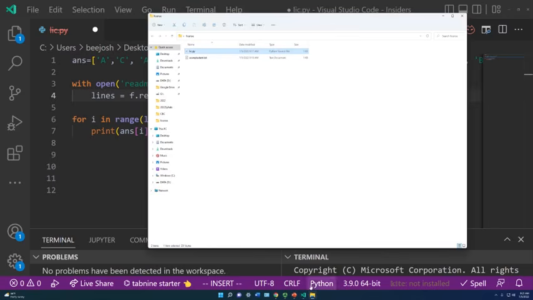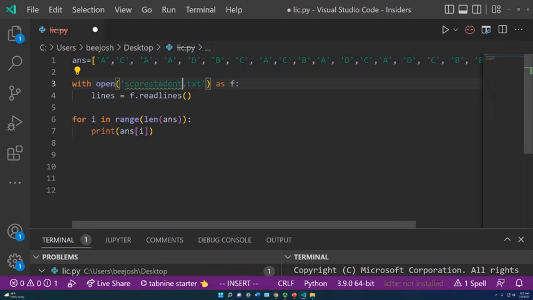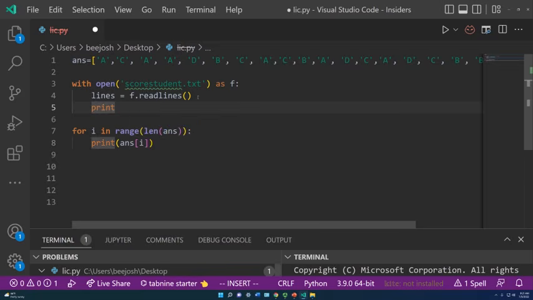And notice that my score student.txt is in the same folder. So open score student.txt as f, and f is our file pointer. So we use that to represent the file to read the lines from the file. And then I can do something like print lines. But it's just printing the whole string of lines, so it's not really getting it in the format that we need